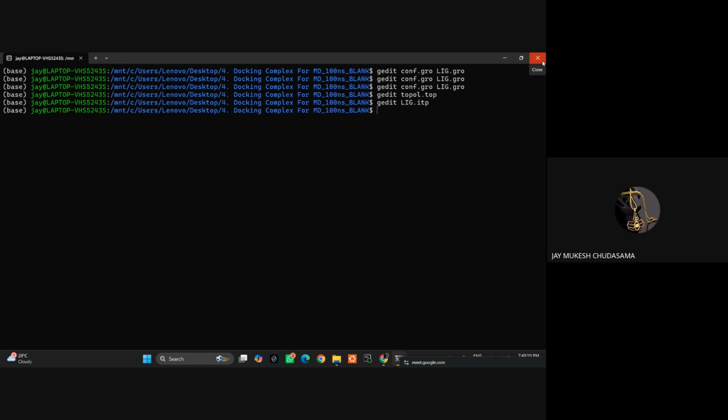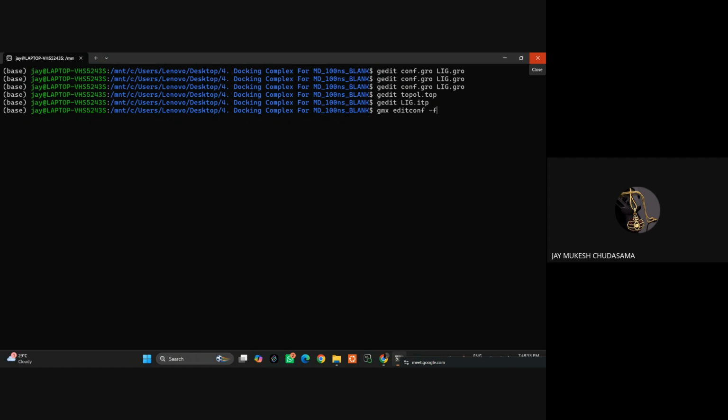Now, I have told you that we have to give the boundary constraint. In the theory part, I have told you that we need to give the boundary constraint for the molecular simulation or box simulation. So this command which I am typing over here will be used to generate a fixed shape and 3D conformation for the boundaries to perform the molecular dynamics simulation. So the command is gmx